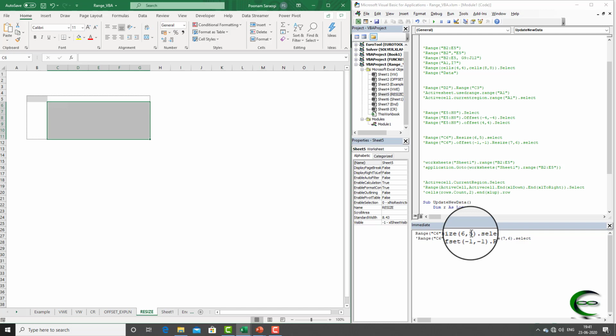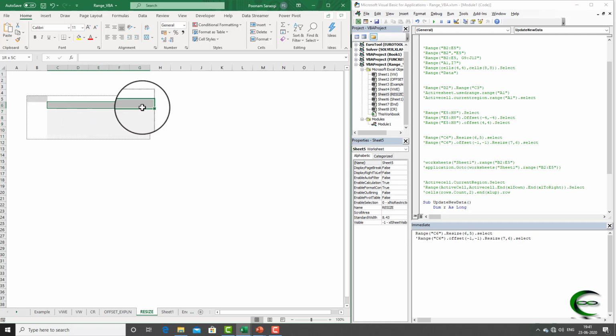It is including the cell. In offset, when we move right or left, we don't count the cell itself, but while resizing you need to count from the active cell only. From the active cell you need to count your resize rows and columns.